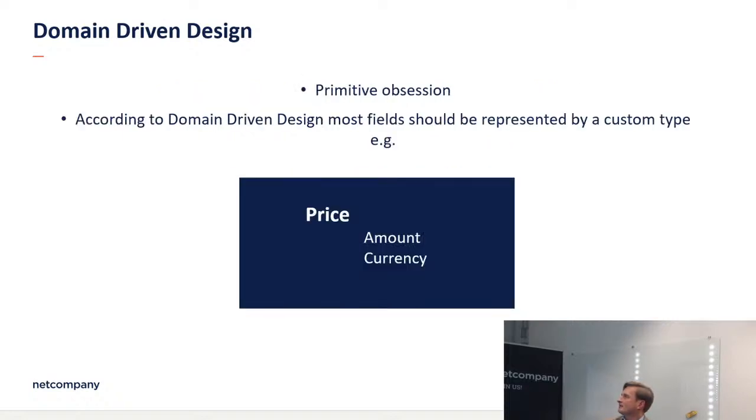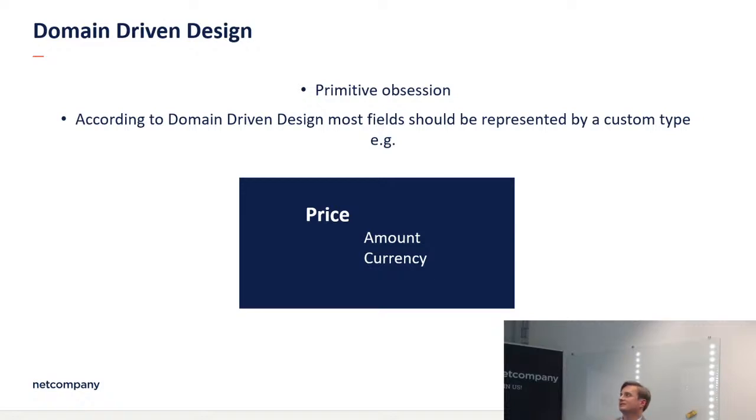And another thing introduced by domain-driven design is called primitive obsession. This basically considers using simple types as bad practice. Almost everything should have a custom type.